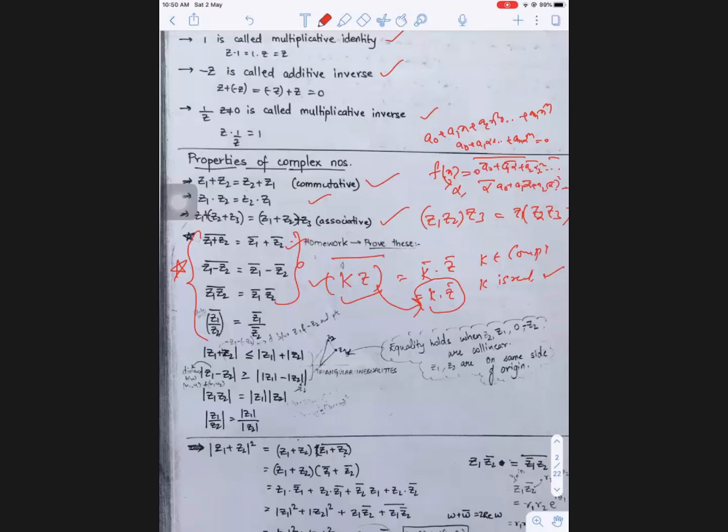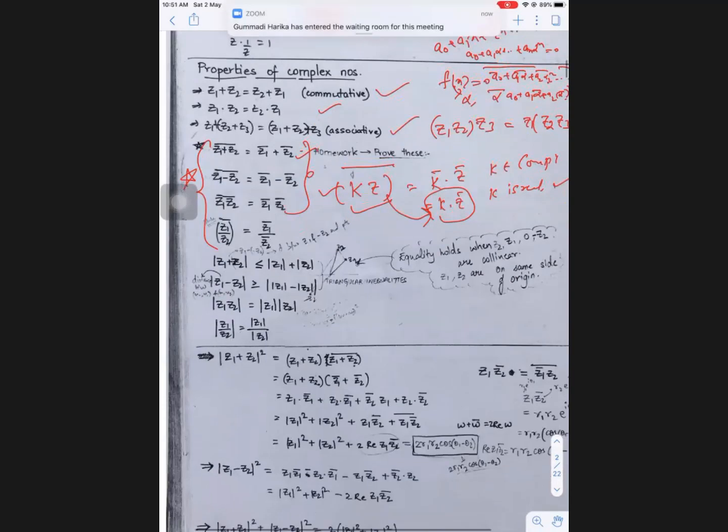We'll substitute alpha in that. After that, we'll take the bar on both sides, meaning conjugate both sides. Then by using (Z1 plus Z2) whole bar equal to Z1 bar plus Z2 bar, you can write the bar separately for each and every term. And after that, by using (kZ) whole bar equal to k into Z bar, where k is a real number, the bar comes only on the alphas, not on a0, a1, a2. So if alpha is a root of that, then alpha bar also satisfies that equation, meaning alpha bar is also a root of that equation.